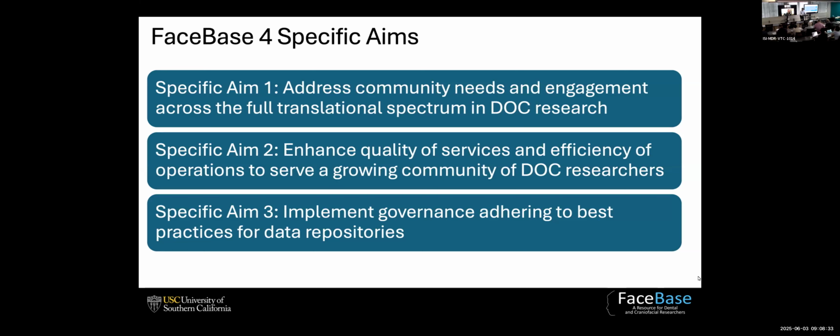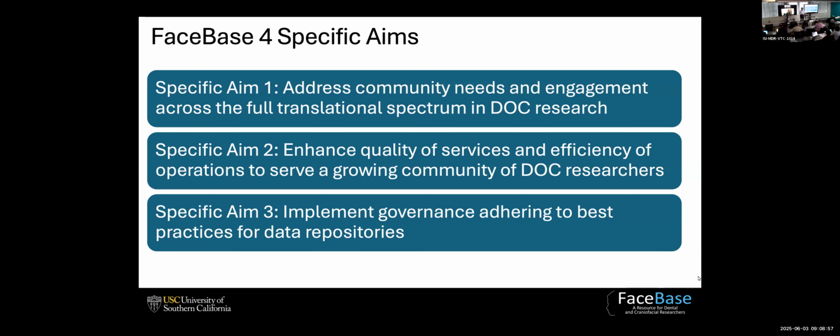And the second aim was designed to enhance the quality of services and efficiency of operations to serve a growing community of dental, oral, and craniofacial researchers. And so that part has really expanded to include much more than just dental, oral, and craniofacial.